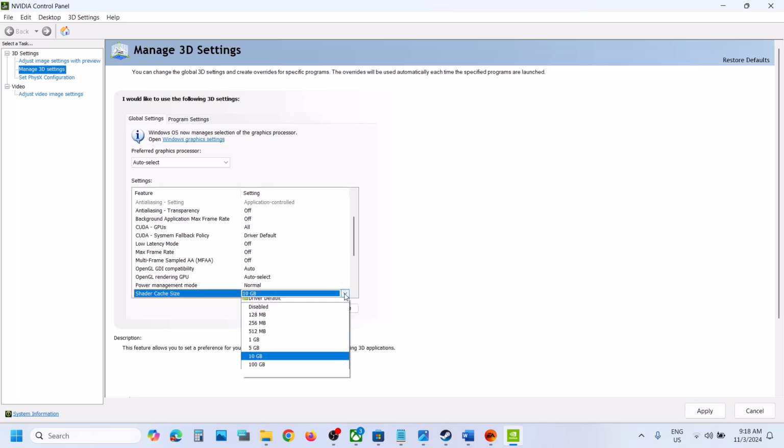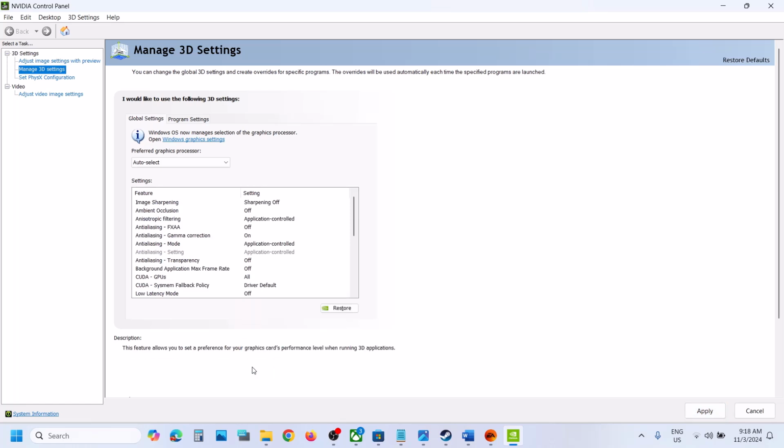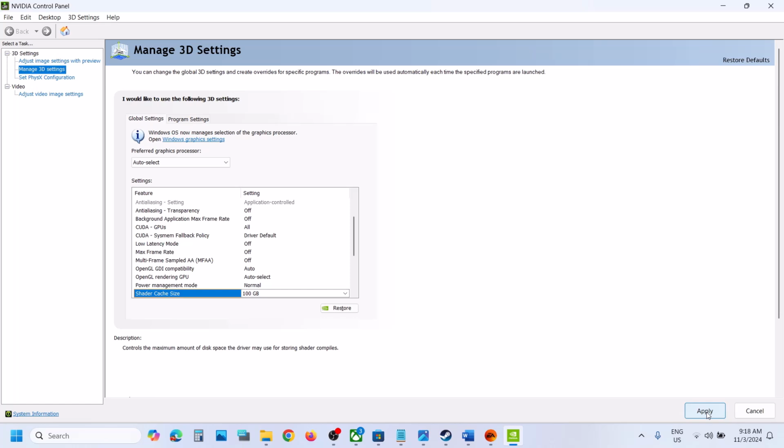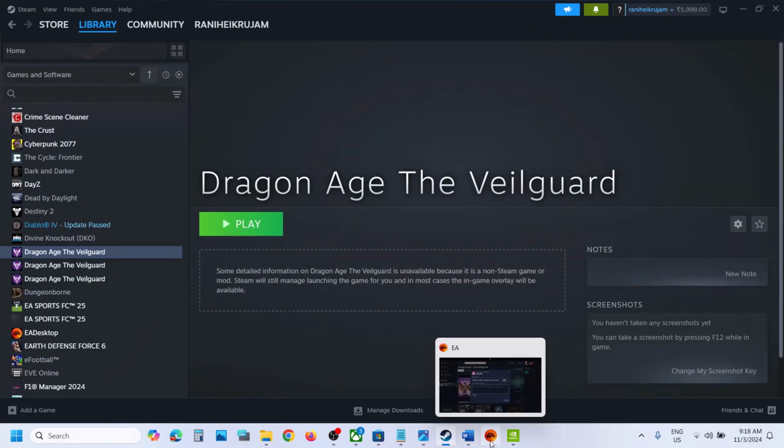If that does not work, you can select 100 GB and then hit apply and then check. If that does not work, you can set it to unlimited or driver default and then follow the next step. Now the next step is to